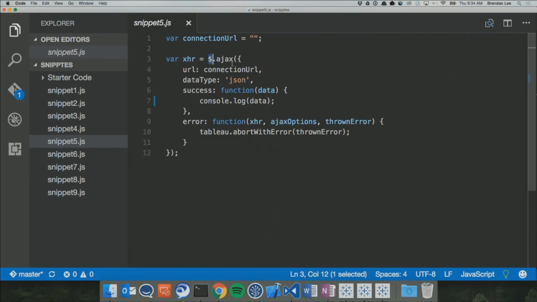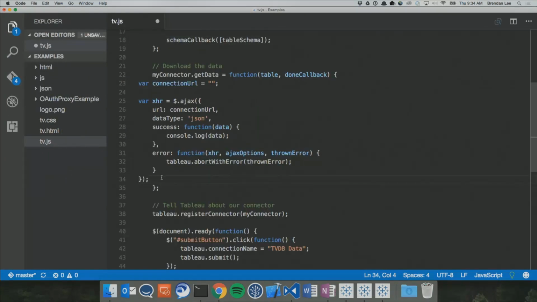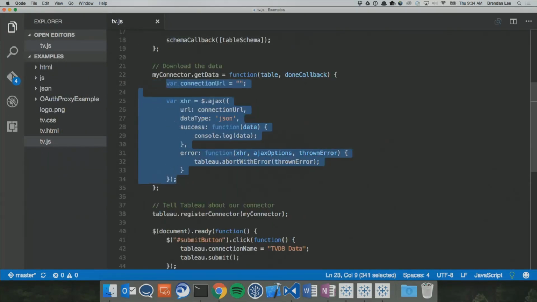All that's going on here is we're saying, hey, I'm going to send a request to a specific URL. That's going to be the REST API endpoint we're trying to hit. The data I'm trying to get back, I expect it to be JSON. And once we get that information successfully, I want to do something with it. So for now, let's just log that information to the console so we can make sure we're getting it correctly. All right, so that's going to be in our getData call.